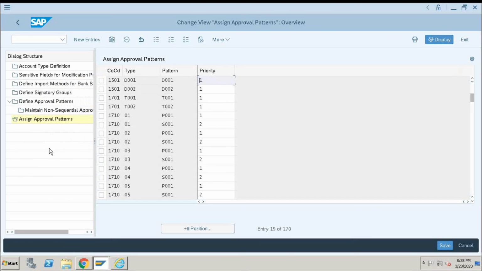Whenever you try to save the condition, it says maintain approval pattern. Again, we log in under treasury and risk management, create the condition, and activate the company code. Again, we go over there and activate the line item. So first we need to configure here, then it will activate there. After activation, it will integrate to that. Exactly. Likewise, even in asset accounting.